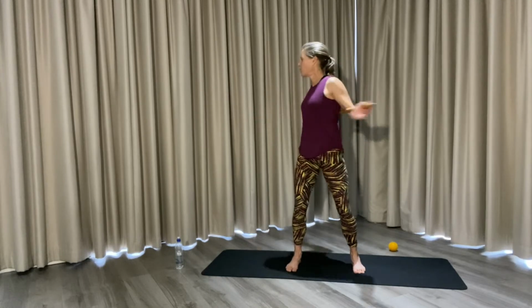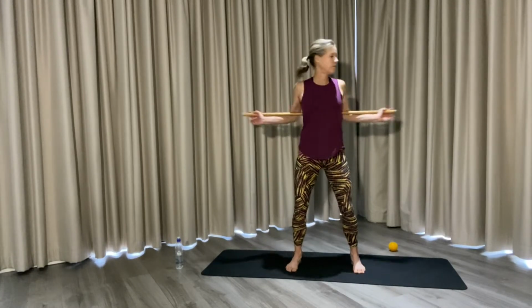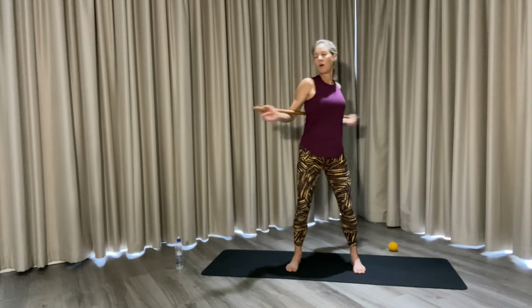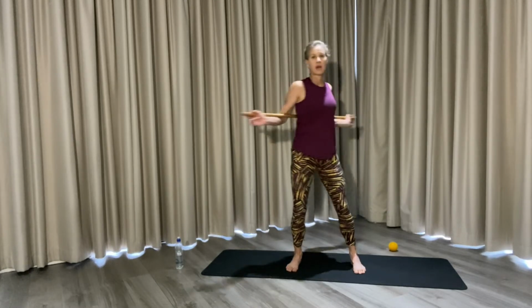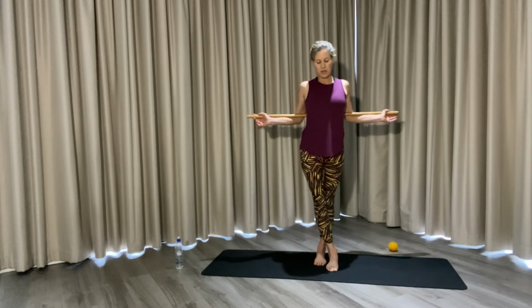So take a nice deep breath in and breathe out. Again, breathe in and breathe out. 2 more. And breathe out. 1 more. And breathe out. You cross one foot over, and we're going to continue the same movement, but this will challenge